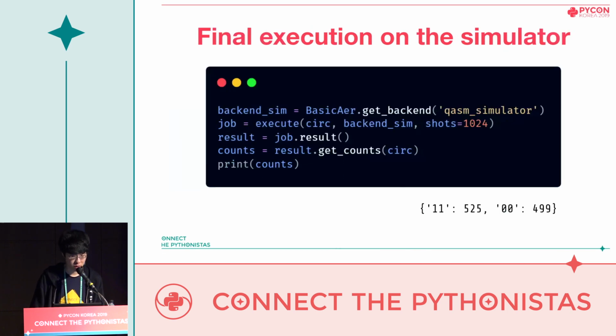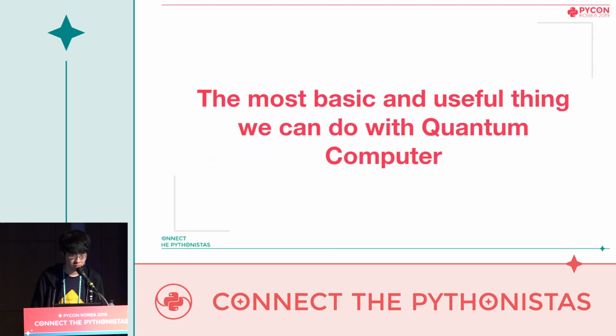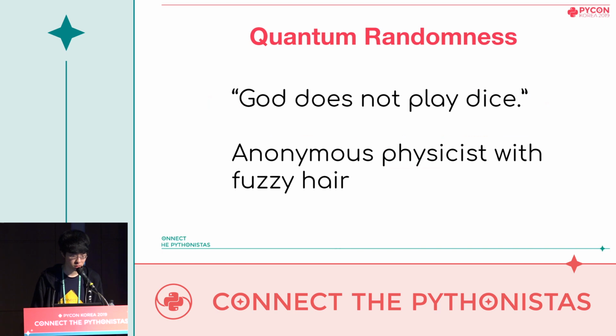Finally, we should run the circuit, select the backend simulator, and declare our job. Then we can run them by calling the function result, and the rest of them are easy, needless to say. Good. And if we have these frameworks, we have plenty of things to make and enjoy. So let's start with the easiest, basic one.